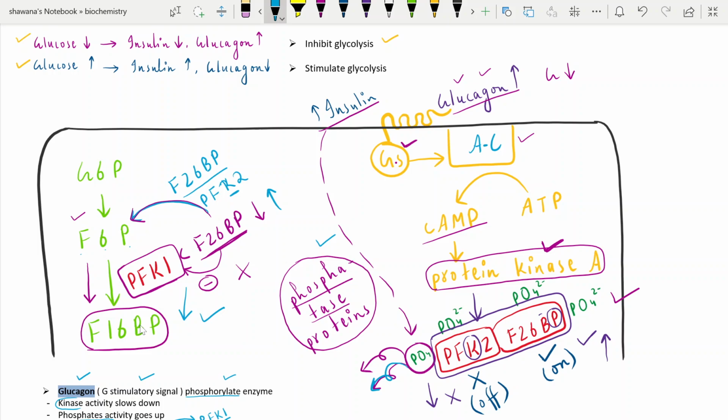Just build the concept. If insulin is high, glucose will be high and it will work through phosphatase proteins. When glucose is low, there will be glucagon. It will activate protein kinase A, which will phosphorylate these enzymes. Through these reactions, glycolysis is either inhibited or stimulated. So this was for today, and I will see you in the next video with